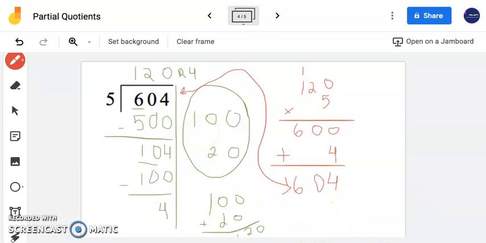So this entire rest of November, part of December, we're going to continue working on partial quotients. This is one of the 2 ways that we will focus on in 4th grade on dividing numbers. So we are going to focus on partial quotients right at this moment, and then we will move on to the standard algorithm. However, I would like everyone to try partial quotients, and if you ever need to refer back to this video at any time to help you with problems like this, you are welcome to watch this